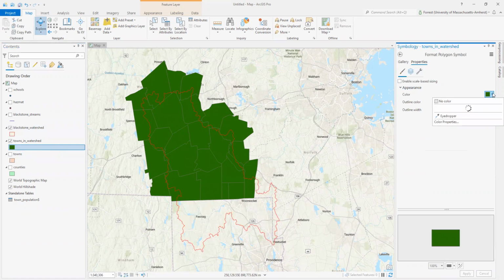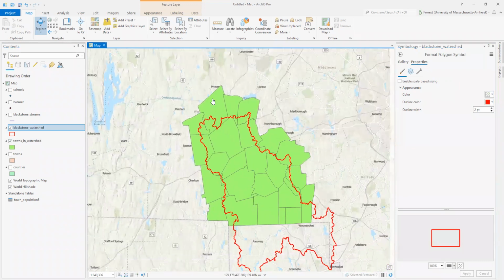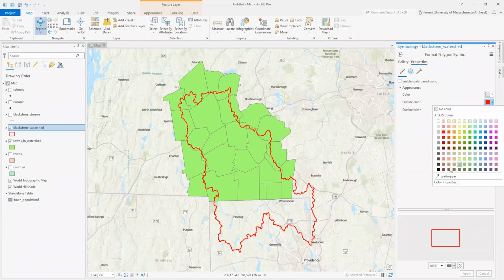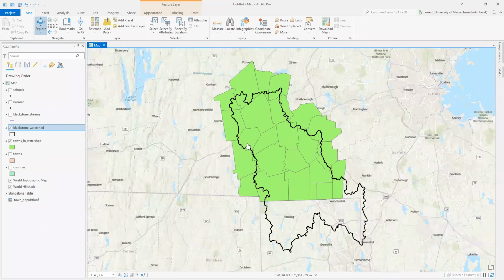Let's change that green as well. I've turned the outline of the watershed just to red. If we made it a little thicker, we could probably see it better. There we go. And my towns are in a lighter green here. Actually, that's probably not a good combination. Let's just turn this into, there we go. High contrast is good. So we've got this light green here, and then we've got this dark black outline that's